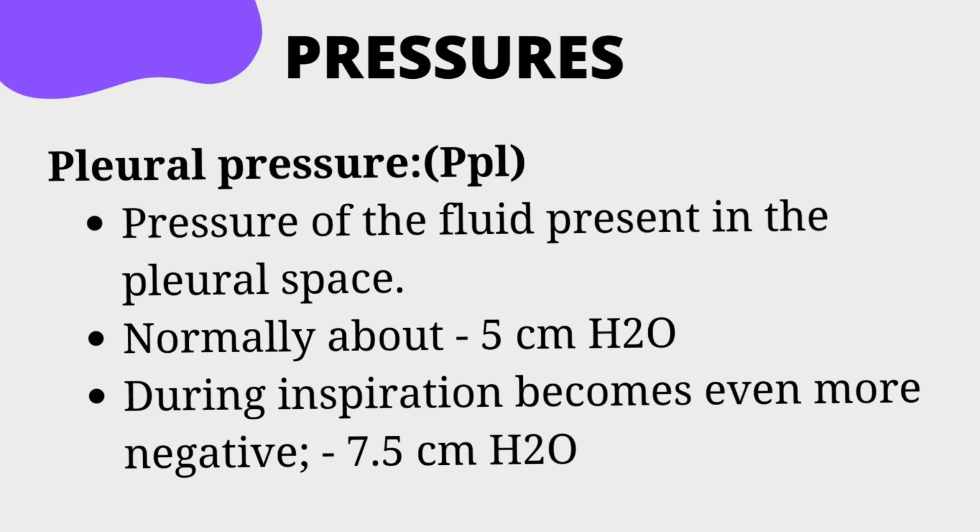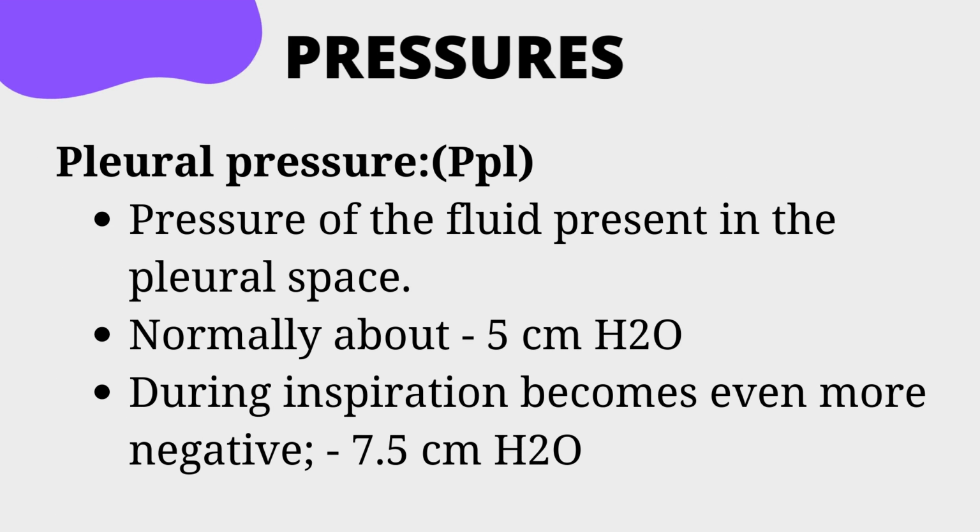This is in contrast with the pleural pressure, which goes from -5 to -7.5 during inspiration, and again during expiration it decreases to -5. But note that it's always a negative pressure. This is because we have to maintain the lungs open to a certain degree. Our lungs can never be completely collapsed, because then it would be very difficult to inspire. You cannot inflate the lungs from scratch. It needs a slight negative pressure, and that pressure is your pleural pressure.